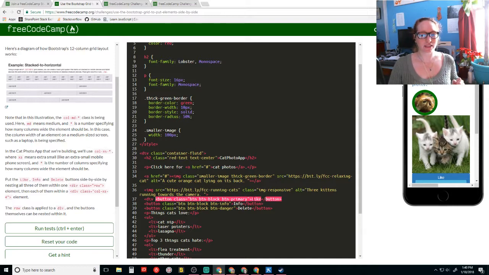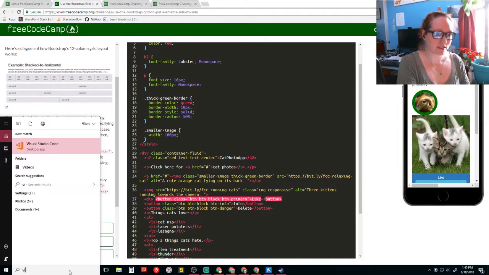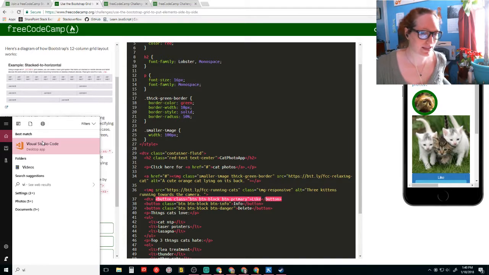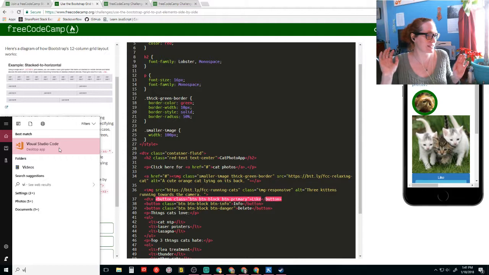Started following other coders and streamers too. Which VS do I have? I don't know. Visual Code Studio desktop app. That's what I have. Oh, they're different. Okay. I have Visual Studio Code, so I guess that's VS Code. Which you said is the good one, so I got the really good one.